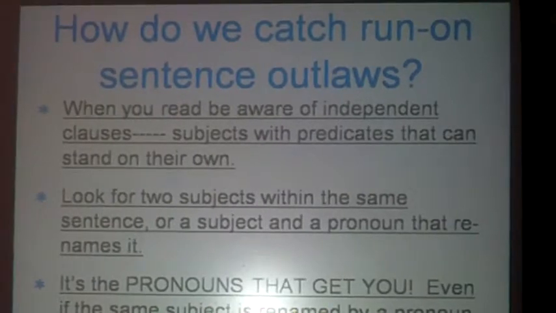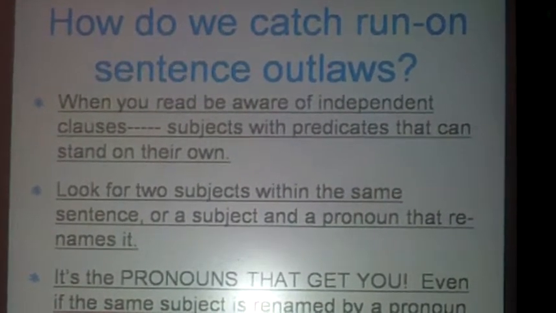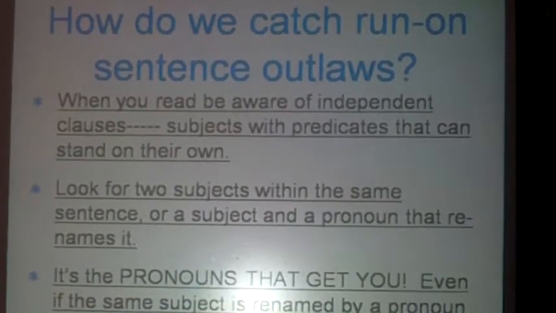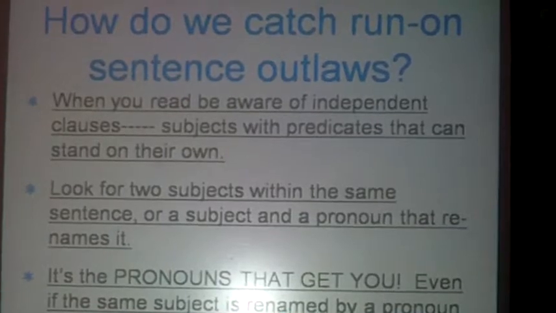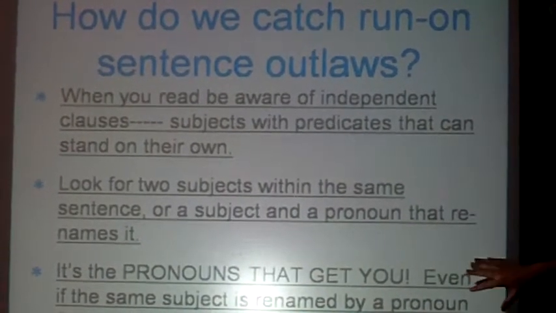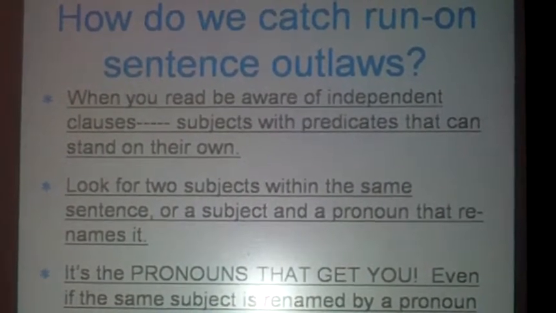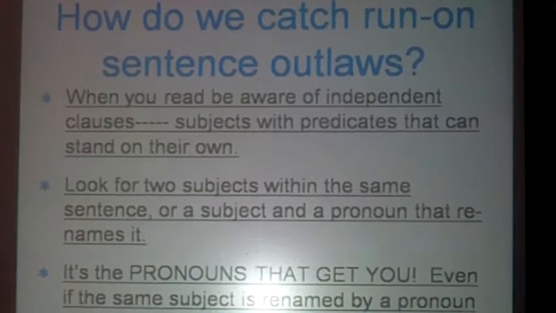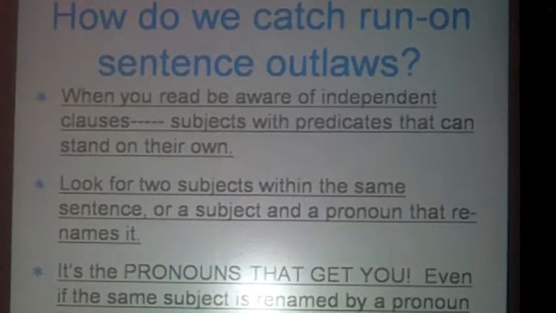So these were your hints to help you catch them. When you read, be aware of those independent pieces, those little pieces that can stand on their own. If you ever see a sentence that has two things going on, two subjects, or a subject and a pronoun, be aware, because nine times out of ten in advanced comp, kids can understand very, very easily what a complete sentence is. But there's something about pronouns that gets them,